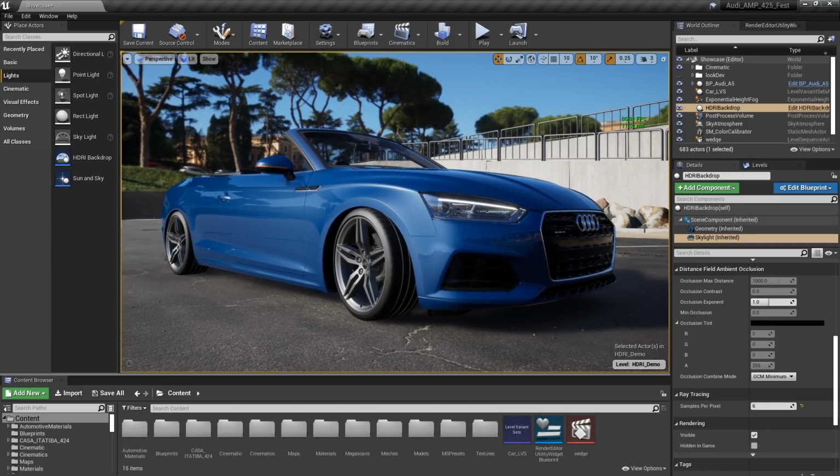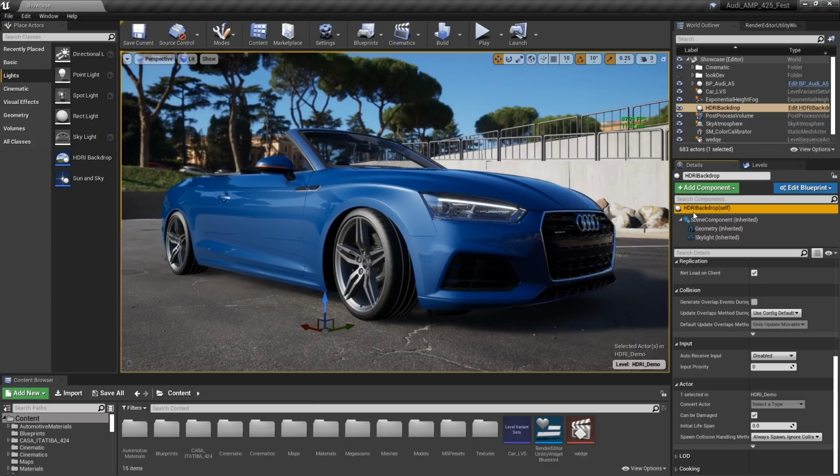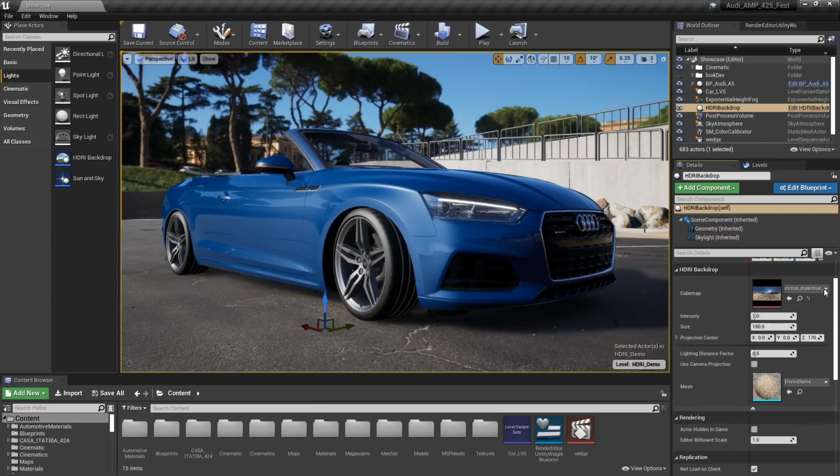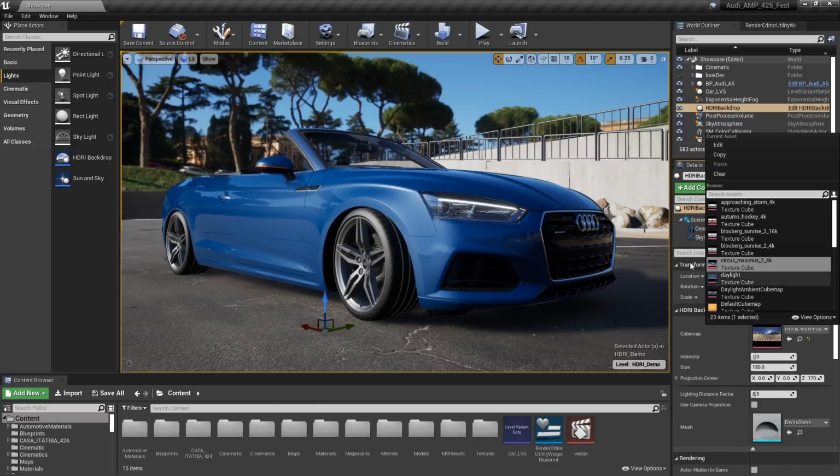And with that done, the next thing that we want to do is go ahead and get another HDRI image in here. And this time it's actually the image that we used in that initial video that I used for the overall beach scene. All right, so let's jump back up to the root of that HDRI backdrop and map into it a new image. Again, it's going to be the image that was used in that initial video, the beach image that this environment was designed to go with.